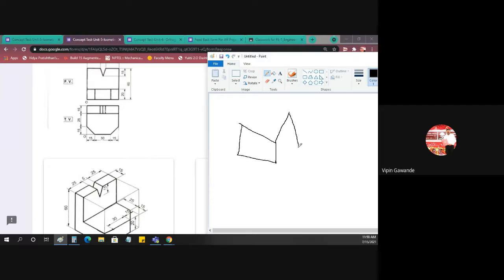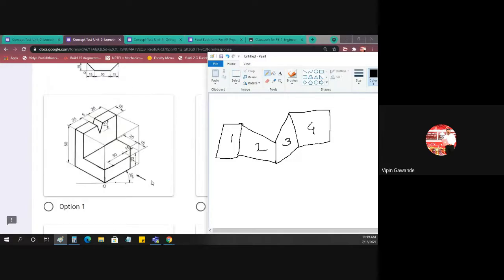Okay, so the V surface is something like this. This is one rectangle, and this is another rectangle. So how many rectangles do we get here? 1, 2, 3, 4. This is 1, this is 2, then this is 3, and this one is 4. So 2 and 3 are because of the V shape.